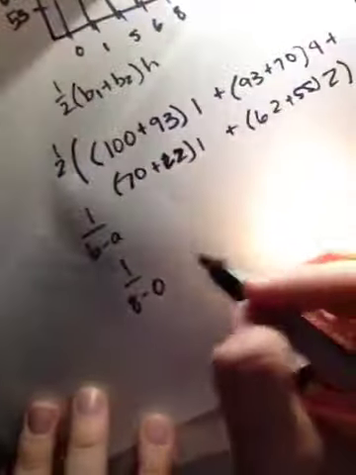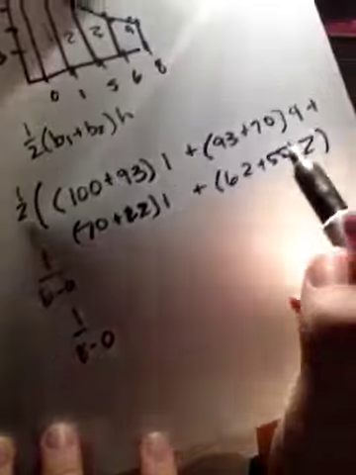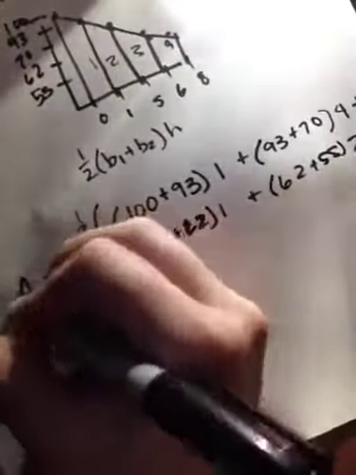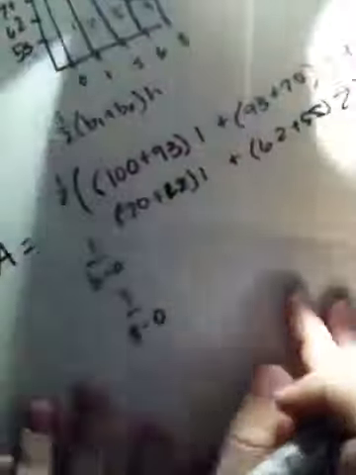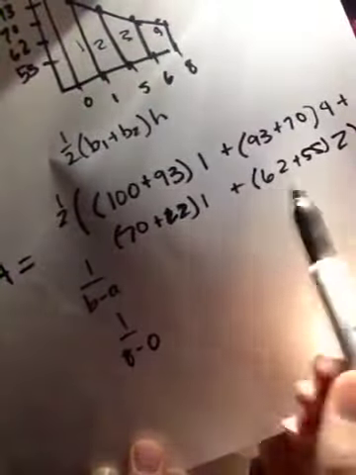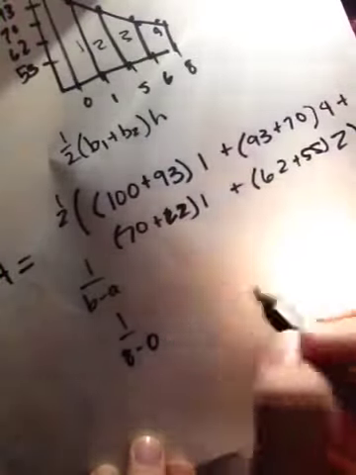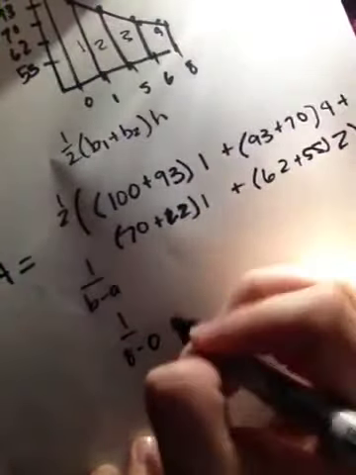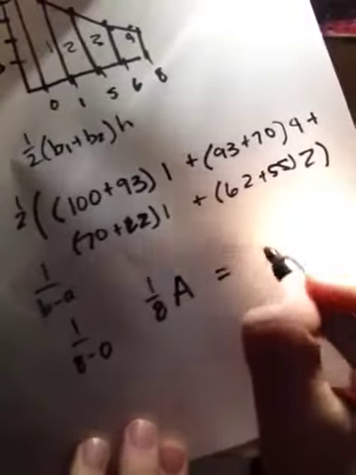And so you have all of that, and then you have the area made from this. Even on the grading sheet, it shows that you don't have to have an answer for that, so I'm not actually going to plug it all in. But I'm just going to write 1/8 A, and then when you plug that into the calculator all the way,